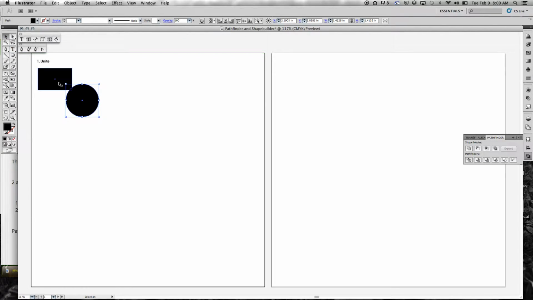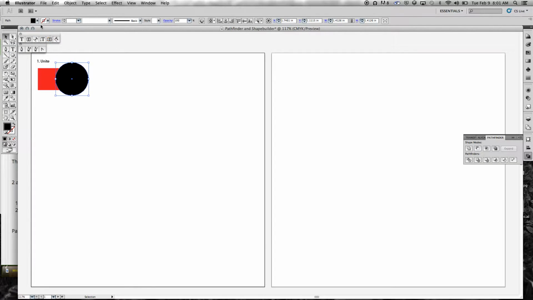Alright, so I have these two shapes, and I need to overlap them in some way. So I'm going to just intersect this. Maybe I wanted to create some sort of a combination of these two shapes. Maybe I wanted to put a circle out on the end of this. Okay, but see, right now these are two different shapes. I cannot combine these, so if I wanted to fill each of these, I would have to